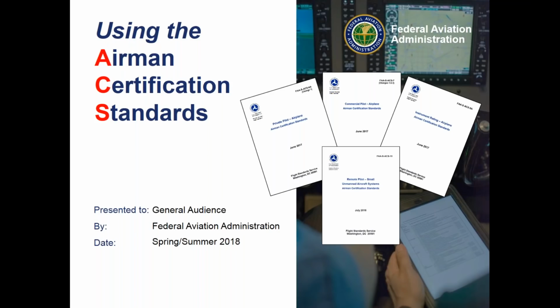In the past 2 years, the FAA has been replacing the Practical Test Standards, the PTS, with the Airman Certification Standards, also known as the ACS. The Private Pilot Airplane and Instrument Rating Airplane were released 2 years ago, and the Commercial Pilot Airplane was released last year. For 2018, the private, instrument, and commercial have all undergone revisions. These revisions were driven by many factors, and we will discuss these change drivers, what was changed, and how those changes will affect you, the end user.